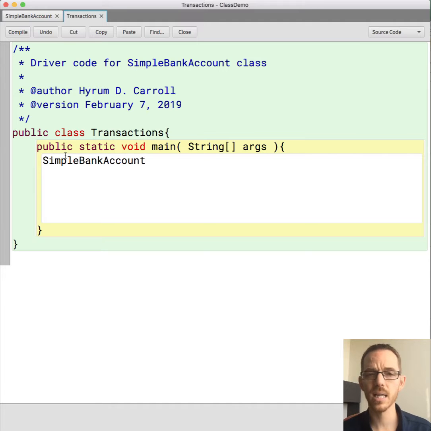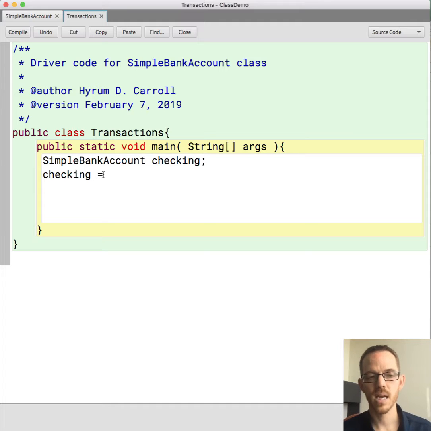We're going to declare a variable of type SimpleBankAccount, and let's say we call it checking. This declares a variable named checking of type SimpleBankAccount. It's not referencing anything yet, but in memory we've set aside a reference that will be able to point to a SimpleBankAccount.